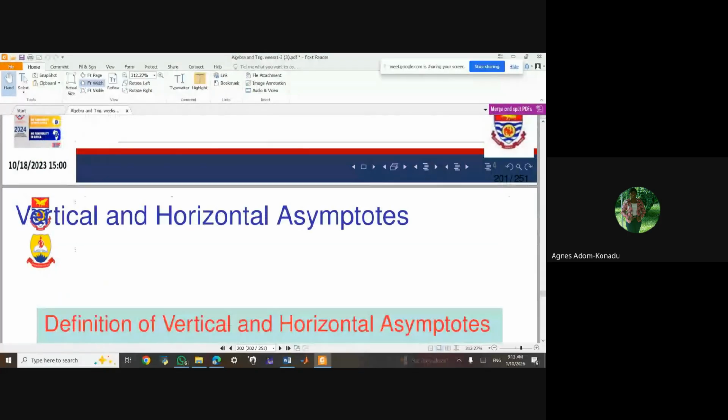Okay, so when we talk about the domain, to find the domain of a function, that's what we do. We equate our denominator to 0 and we solve for x. When we solve for x, the values that we get for x are not in the domain. So for example,